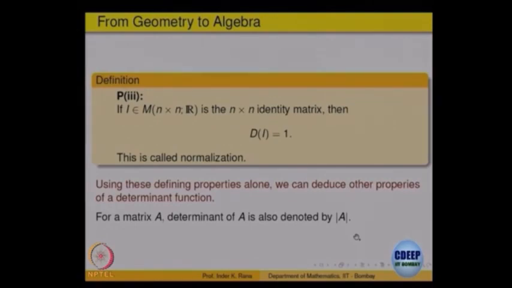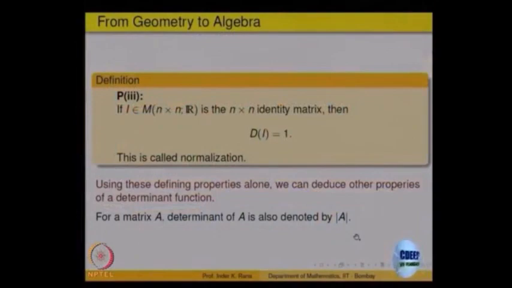The three definitions are perfectly taken from the concept of the area of a parallelogram. The area of the parallelogram is 0 if u and v coincide, because there is no parallelogram. It is linear in each of the variables. If u is u1 plus u2, then correspondingly the area is that of u1 with v plus that of u2 with v. And if you scalar stretch each side, then the area gets accordingly stretched, right. So those are the three. That stretching and the sum are put together as the property of linearity.